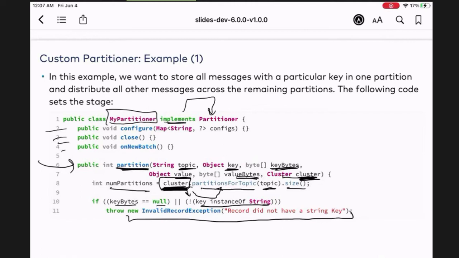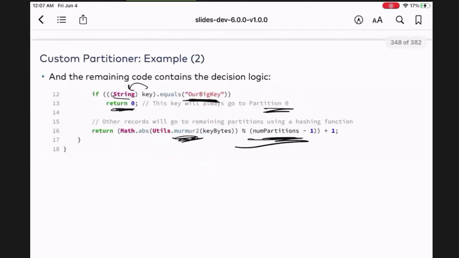And then when we say partitions for, we can get the particular topic. I have to look at the detail to see all of the things that it gives you. But in this case, yes, you get the metadata for this topic, sort of like what you get back when you're communicating with the brokers.